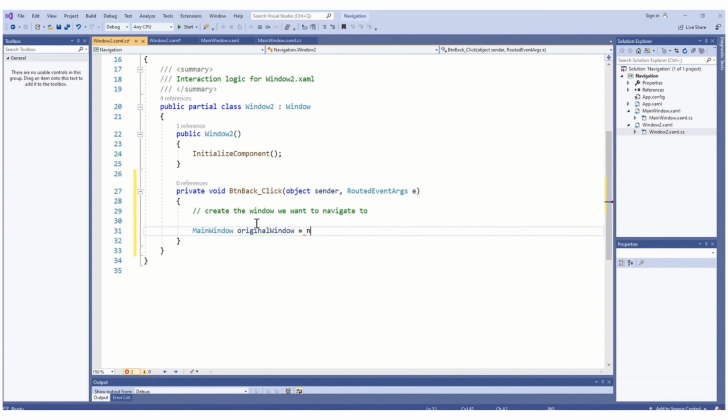And to create it, we need to say new so that it gets created in memory, and then we need to call the constructor. So remember, the constructor has the same name as the window, but it's a method, so it's got these brackets on the end. So there's step 1. We're creating the window we want to navigate to. So it's going to create a new main window in memory, and it's going to stick this label on it called original window. The next step is to display the new window